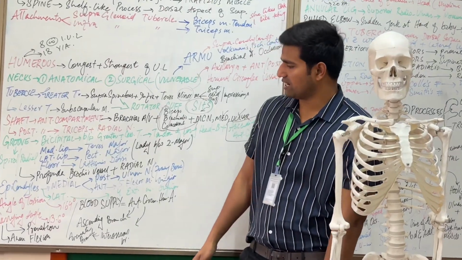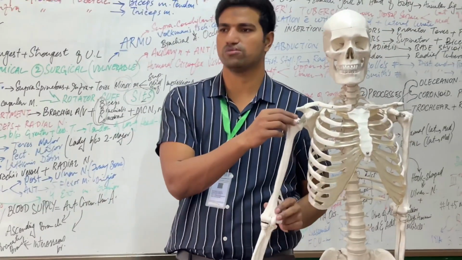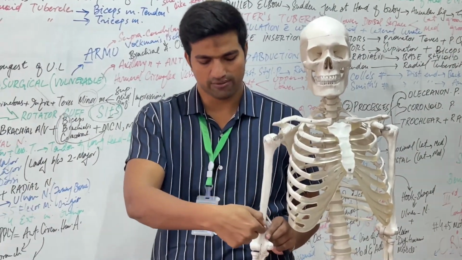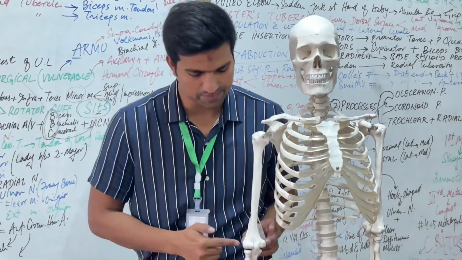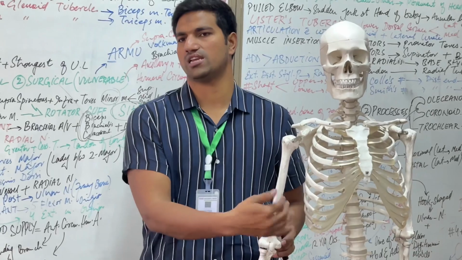So now we will talk about the angle of humeral torsion. For the angle of humeral torsion, we will draw a line through the head of the humerus, and we will draw a line between the medial and lateral epicondyle of the humerus. The angle we find is called the torsion angle of the humerus.